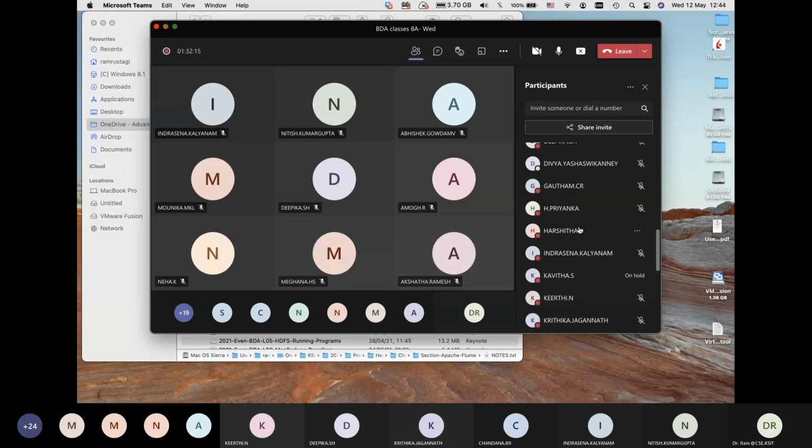Indrasena? So I think basically it is used to handle a large set of data sets, sir. Which one, Pig or Hive? Pig, sir. Because Hadoop is meant for handling large data sets. So what is so specific to Pig? We can write lengthy programs in a small number of lines.